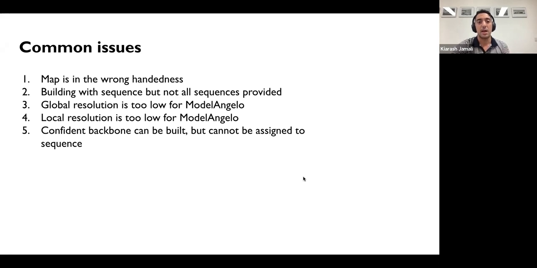The second one is if you see a lot of pruned away sequences in the output.cif, but in the output raw, it still exists. Either it's a problem with the local resolution, but if you definitely think it's not a problem with the local resolution, then it's highly likely that that sequence is not provided in the sequence file that you provide.